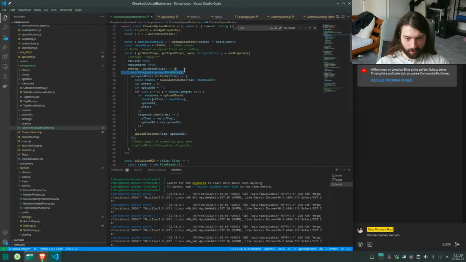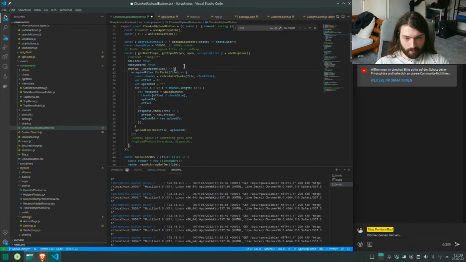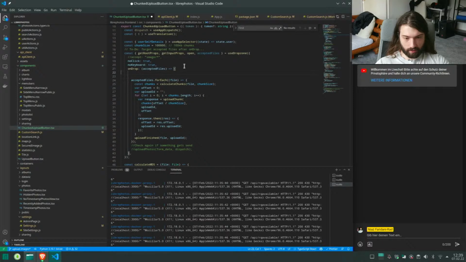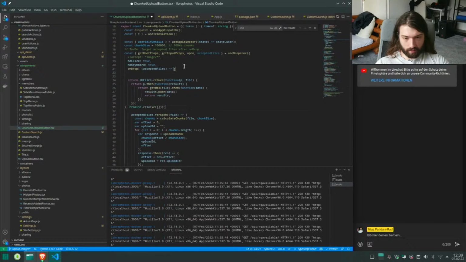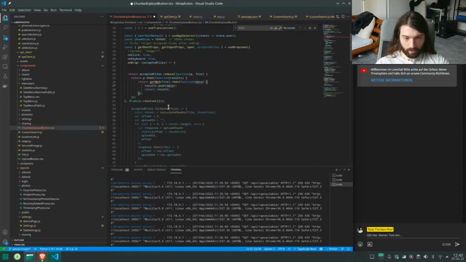Okay, I don't need the form data any longer. And then DB files. So I have the accepted files. So then I have a function promise result get mp4. So that's not what I want. I want to